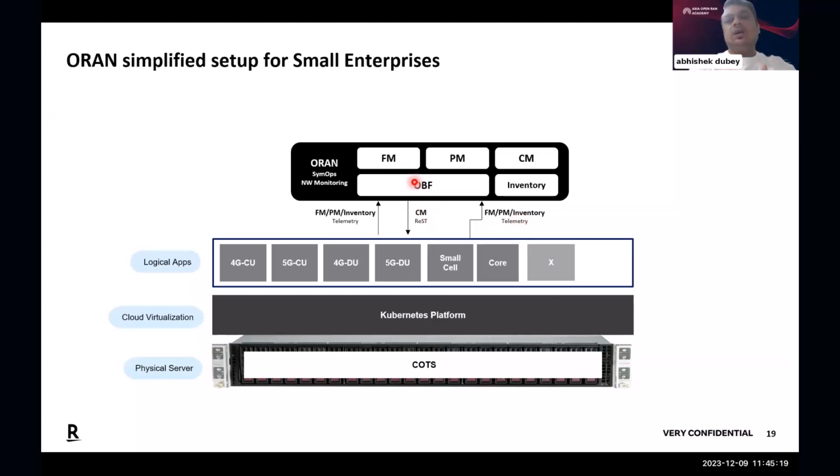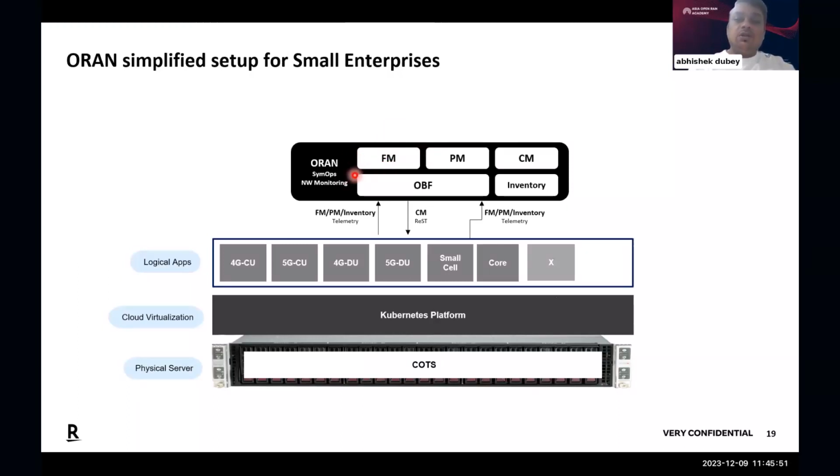You are pushing the functions towards the logical apps or network functions. And if you want to get something, the fault data or performance data or inventory data, then you are asking network functions to provide this through the ORAN CMOPS network monitoring tool or SIMWorld. All right. I hope I'm clear with this simplified architecture,